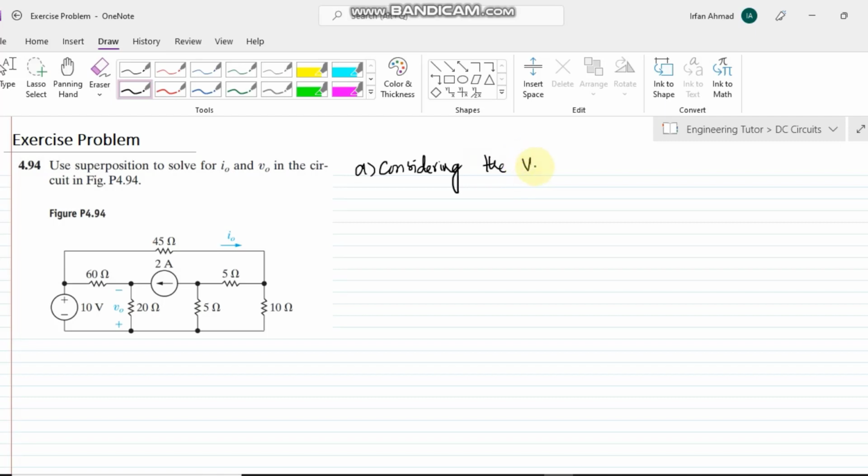voltage source, in this question, so let me consider the voltage source, and the circuit here will become like this. This is the 10 volts voltage, this is the same resistance, this is the resistance of 20 ohm, this is the 60 ohm here, this is now the open circuit,